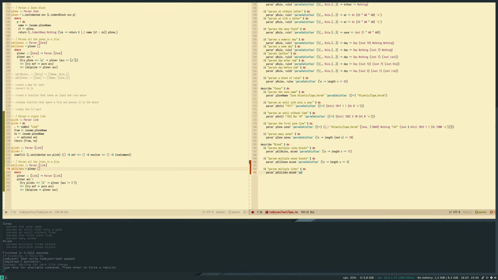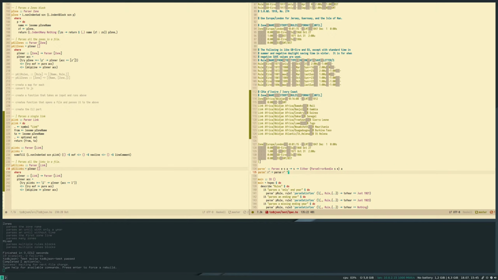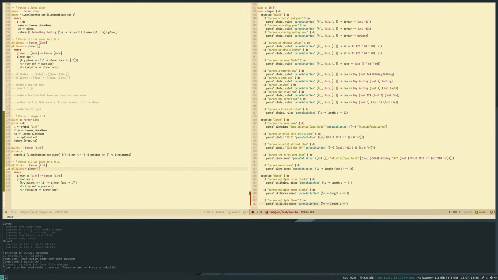Parse satisfies v and v equal. Could write this point free, but it's just confusing. 1, 2, 3, 4, 8. Oh wait, 4, 9, 9. Well, let's try.